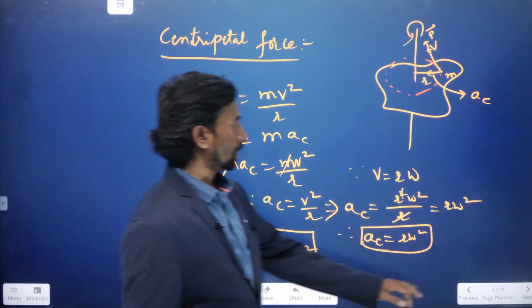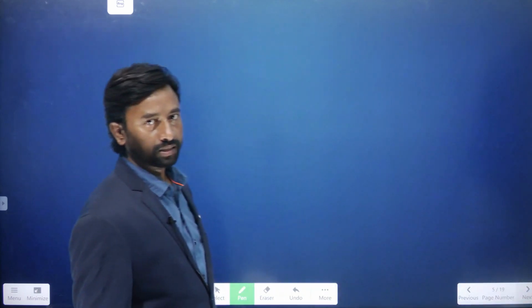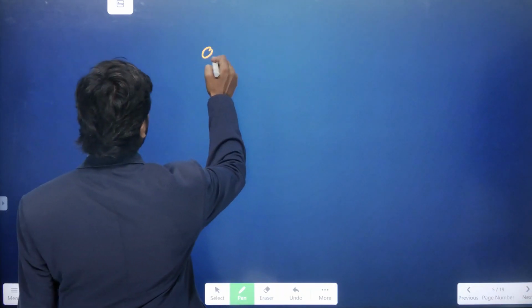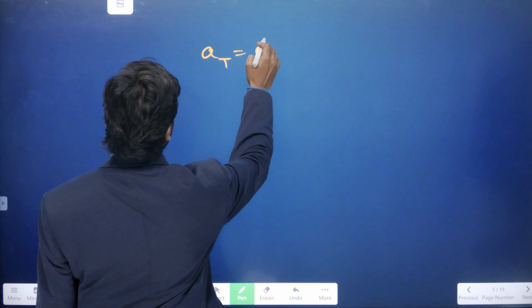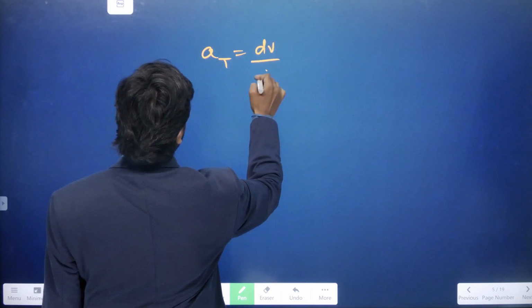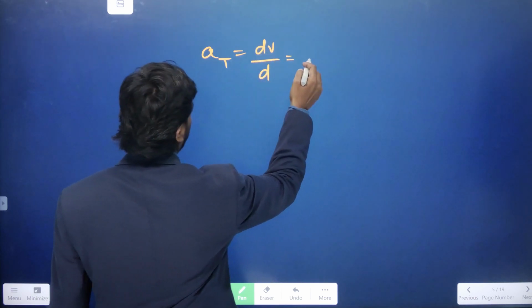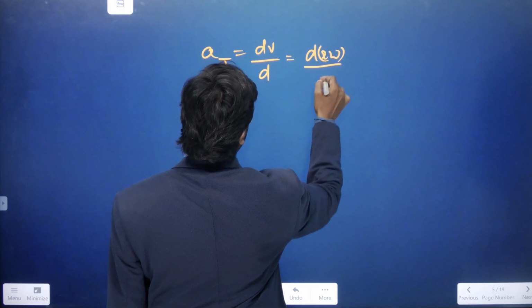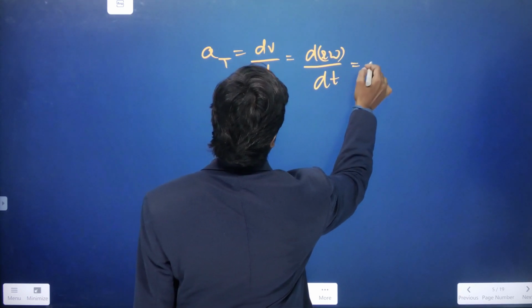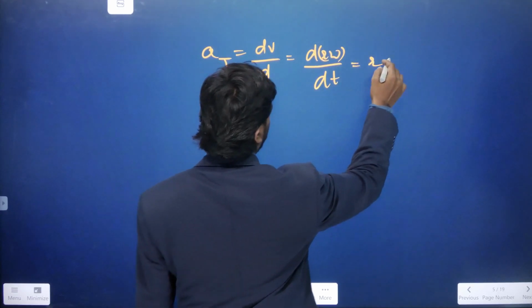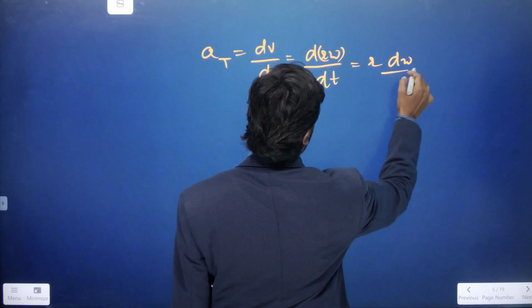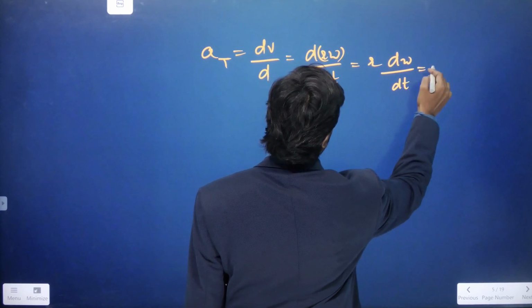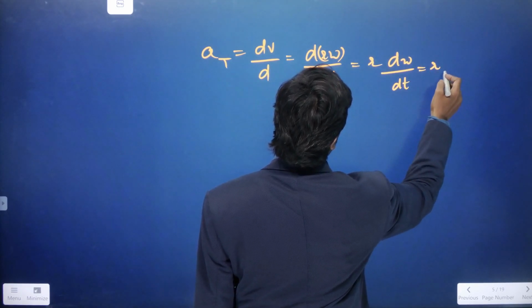Now we'll see the expression for the tangential acceleration, which is represented by a_t. We already got it: dv by dt. Here dv by dt means d into r omega by dt. Here r can be taken out of the differentiation, so we get r into d omega by dt, which is nothing but